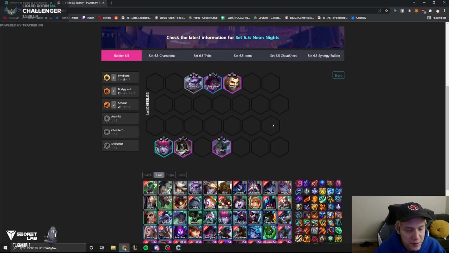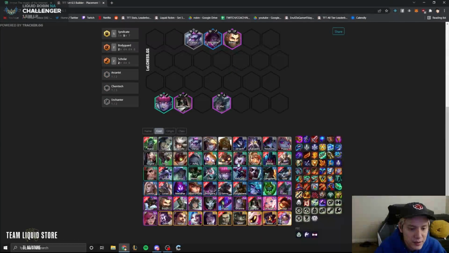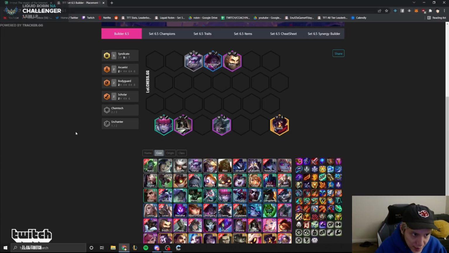And because you're playing Ahri, you do want to probably get in one Arcanist. Draven, Victor's probably the best one. And because you're playing Morgana, you can play Enchanter, like Ori, something like this. For Ahri,